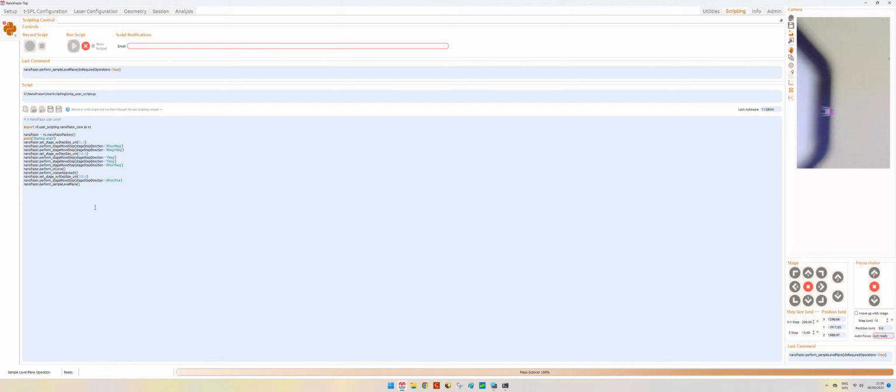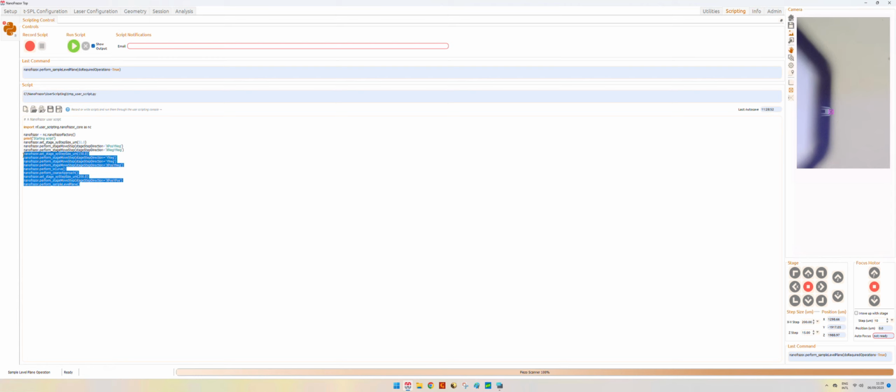Of course, it's recording and repeat. It's quite straightforward. Once we are happy with our script, we can save it and also reuse it in the future. This is just a very basic demonstration of how we can do this scripting function. Then, of course, the creativity and your specific need will allow you to make much more complex scripts, and hopefully this function will be helpful for you with the Nanophraser.